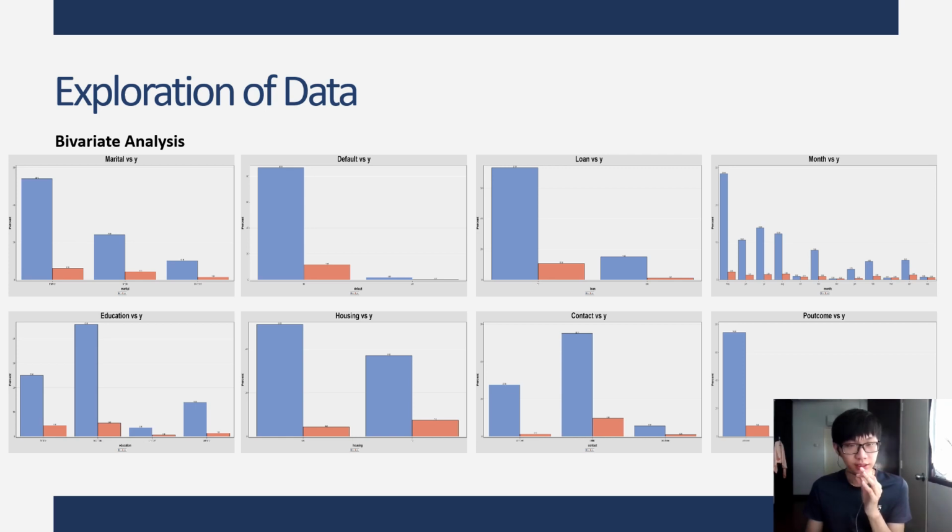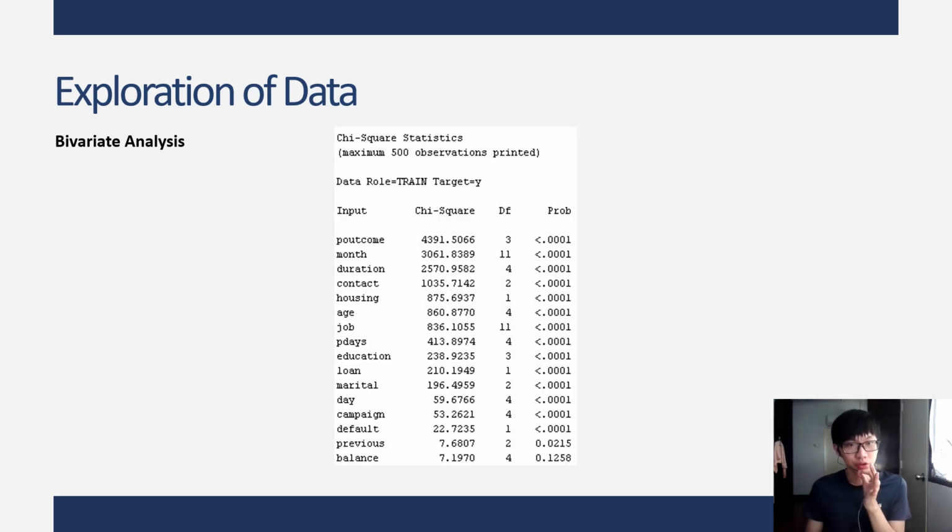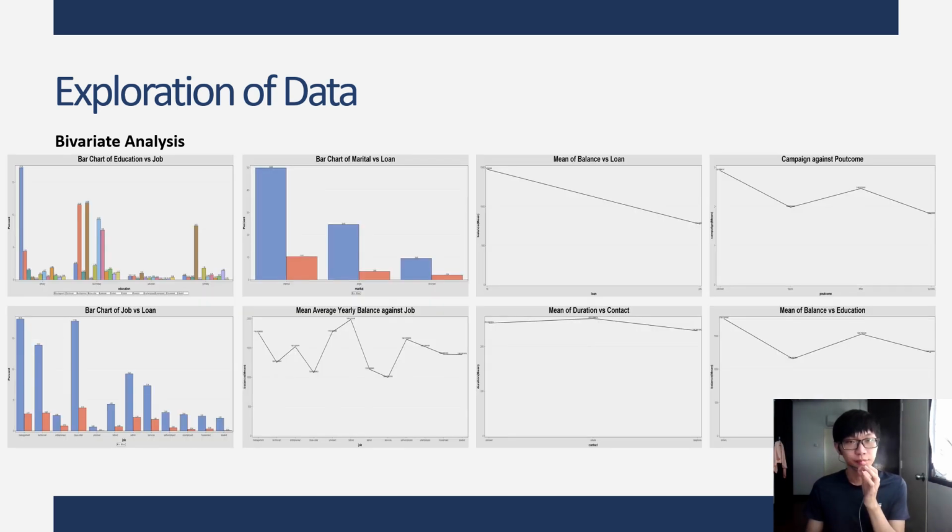And for the categorical data in here, we can see that each of the categorical variables is different. There is a difference in the mode between the groups of the target variable. And it's also shown in the bivariate analysis in here. The balance variable is the only one with a probability value greater than 0.05, which indicates the balance variable is not affecting the target variable, and it might be removed after this.